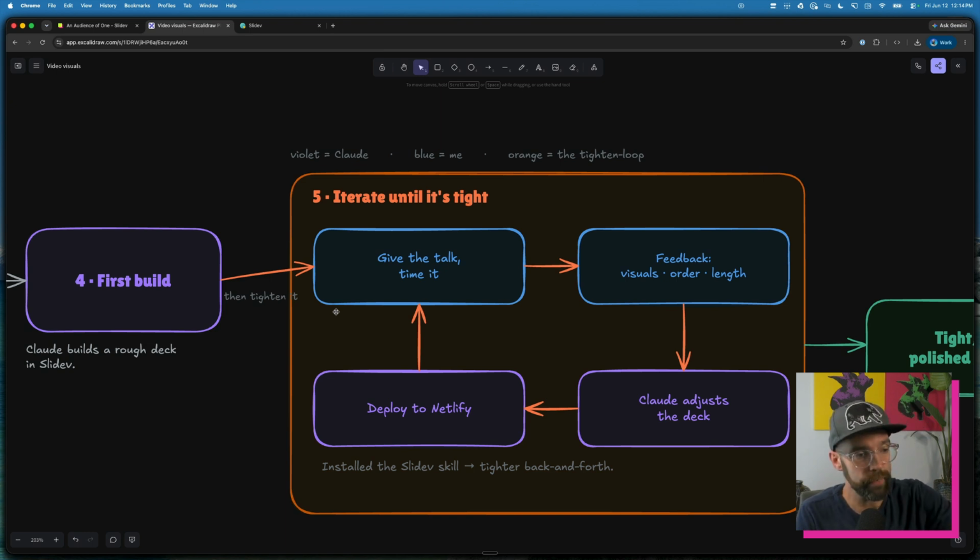So we make those adjustments to the deck, made the visual adjustments as well. Oh, by the way, the other thing I did, because I was using Slidev and I knew it's a popular tool, I thought, hey, there must be a skill out there for it. And there was, and Claude was already good at it. But after I installed that skill, it flew. It absolutely flew. So we've got that skill installed. Claude tightens up the visuals. It gives me a new iteration of the deck, deploys it to Netlify again,